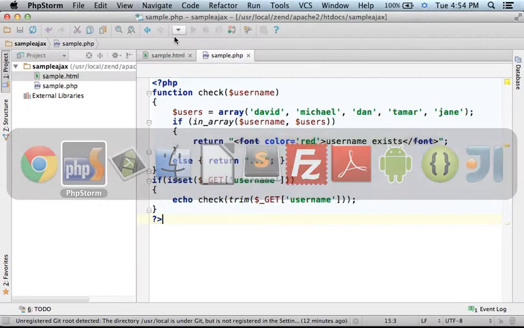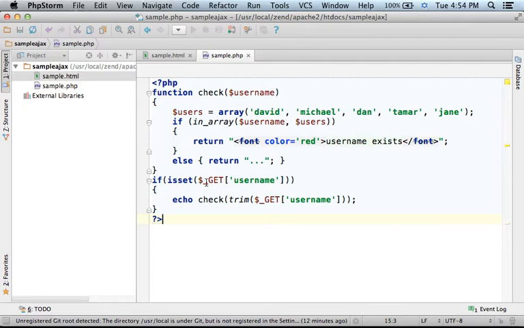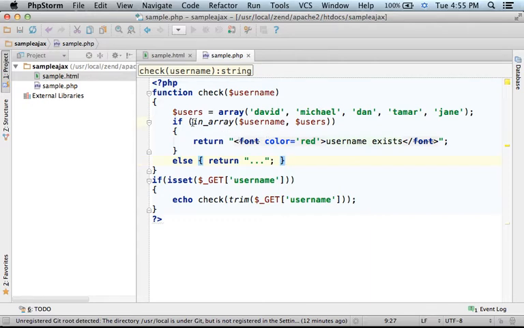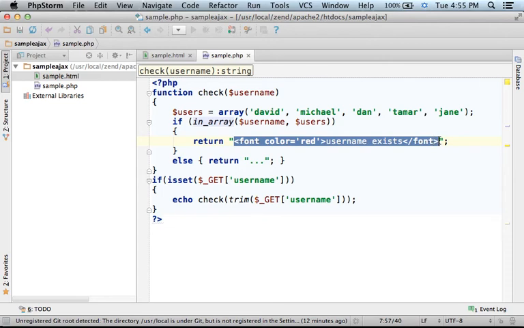Now, if you take a look at the PHP script, then you see that first I check whether a username parameter was passed over, was part of the request, and if it is, then the response is what the check function returns. I pass over the username that arrived. Of course, I trim redundant spaces, and then I pass it over to check. And check is a function that simply checks if the passed over text already exists in the array we use, and if it is, then inArray returns true and the client receives this code. If the username doesn't exist, the client receives this code. Now,